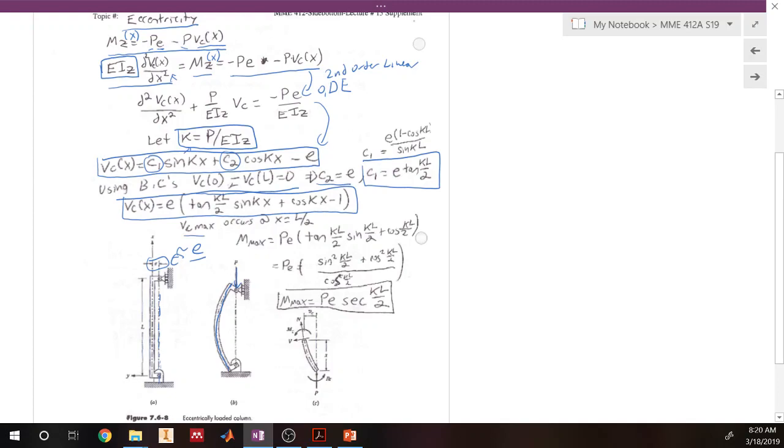We know that the maximum displacement will occur at x equal to L over 2, which is also where the moment will be the highest. If you plug in all those values from this solution up here, what we'll end up getting is